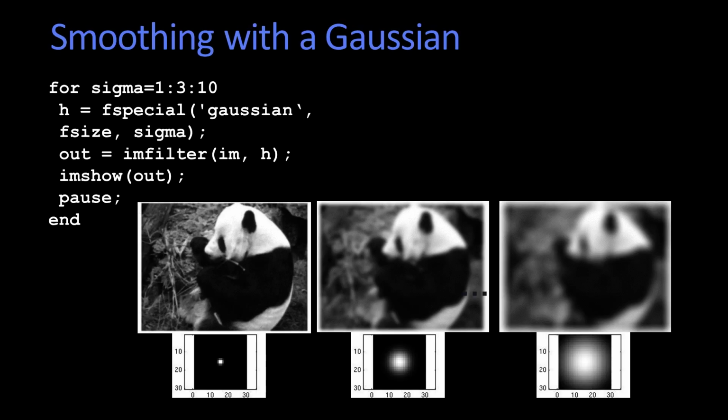Again, depending upon the size of the sigma, we get different amounts of smoothing. So here we're using 3 different sigmas of 1, 3, and 10. We build our Gaussians using the different size sigmas. We filter them and show them, and you see that we get hardly any blurring, a little more blurring, and a little more blurring. That's all it takes to build these filters in MATLAB.